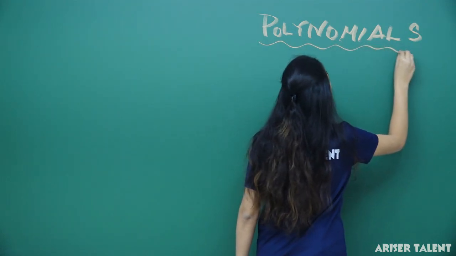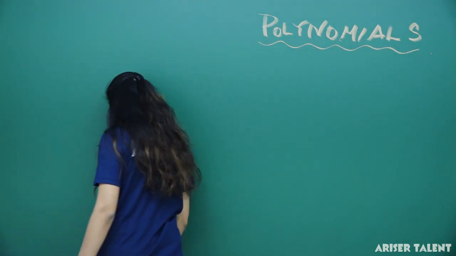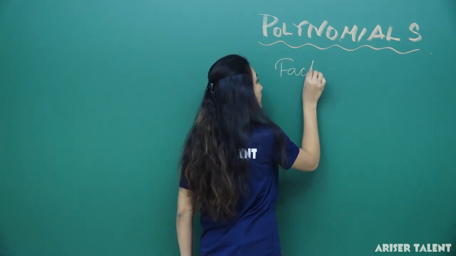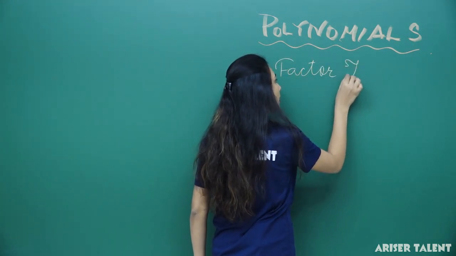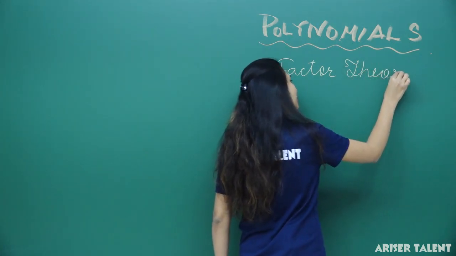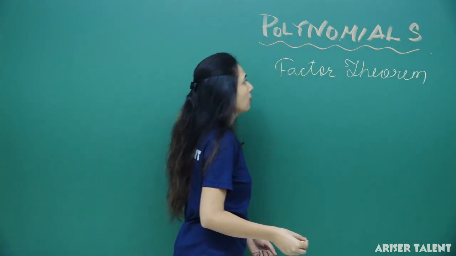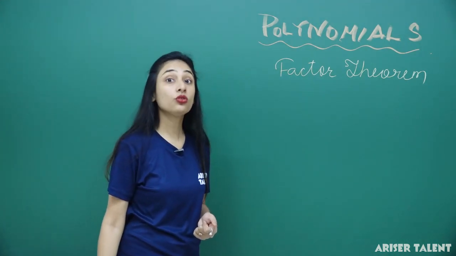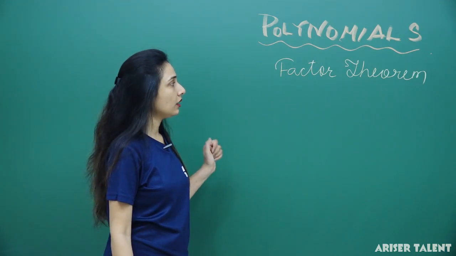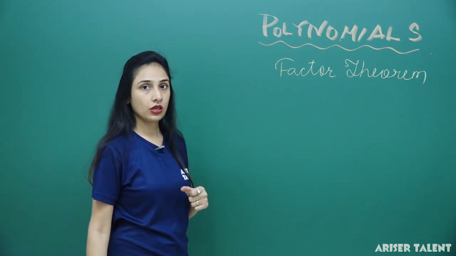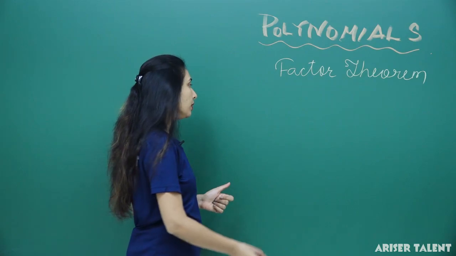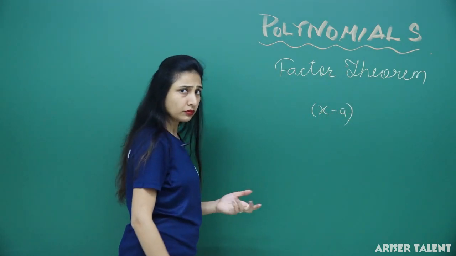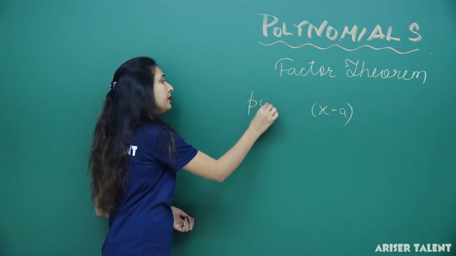So, we were on something which is called the factor theorem. Factor theorem we were studying, and I have told you we have some varieties for factorization of a given polynomial. So, what are the different methods or approaches? I have told you that if x minus a is a factor of a polynomial p(x),